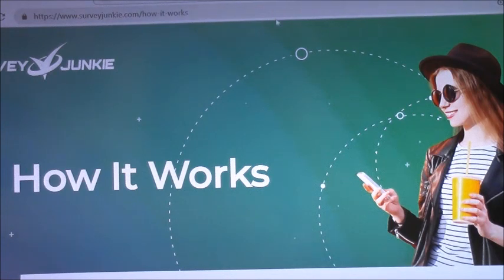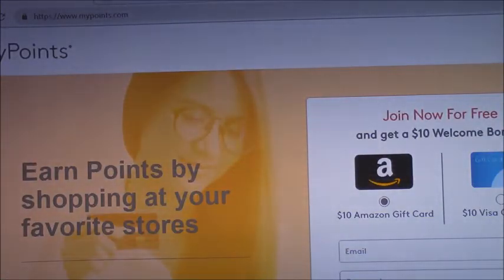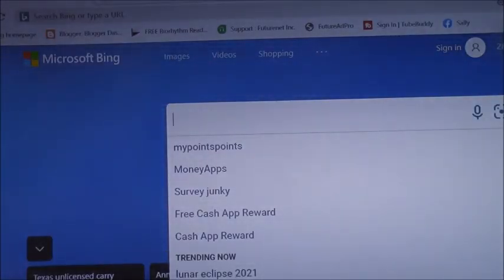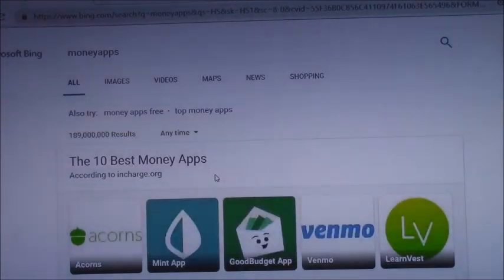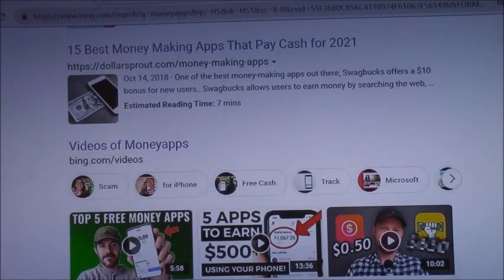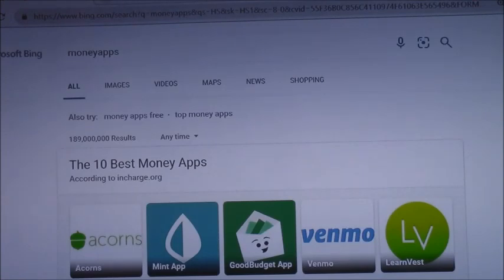Now if you go back to Bing, there is another one called Money Apps. When you go to Money Apps, there are so many money apps, but make sure it's the right one.